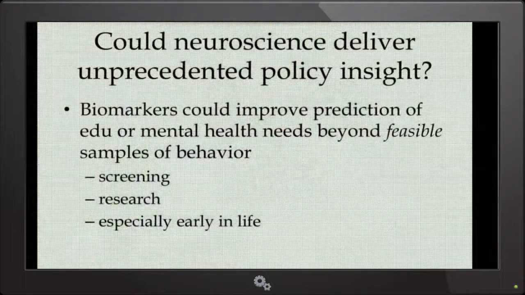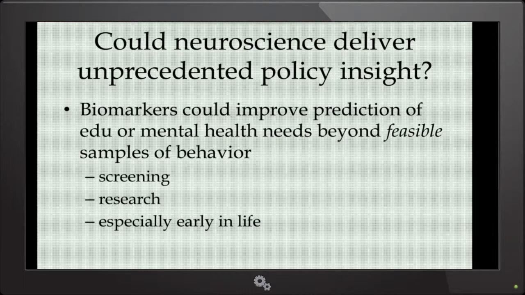And there are similar findings with reading, with functional patterns of activation, and even with DTI-measured pathways that correlate with reading differently in higher and lower SES. Okay. Here's another possible way that neuroscience could actually earn its keep and do something novel: biomarkers.